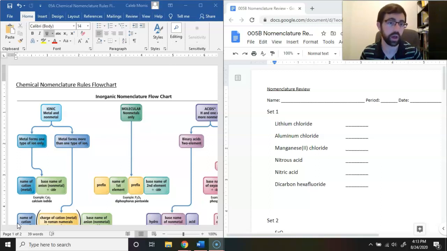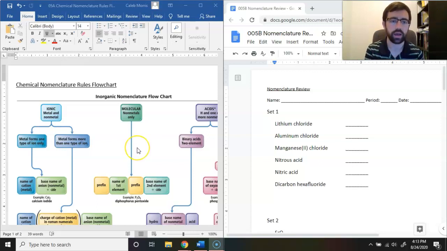Morris again, and I'm going to do a little review of how to name compounds. It's called chemical nomenclature. You're going to be working on this assignment over here to refresh yourself on how to write formulas and how to name compounds. I'm going to also make this document available to you. Keep in mind, you don't get to use it on a quiz or test, but I want you to feel free to use it as you're reminding yourself how to name compounds and how to write